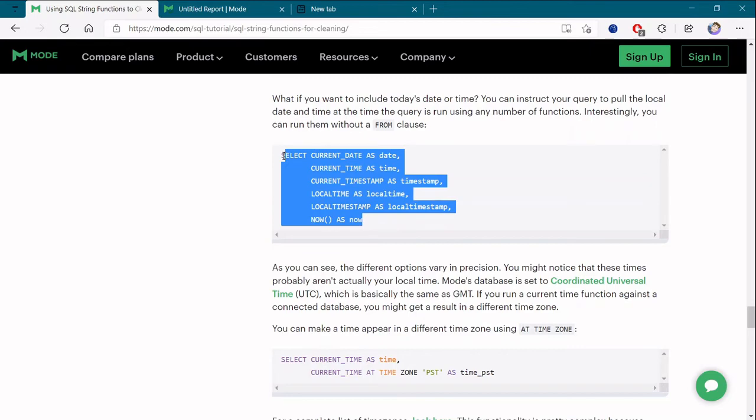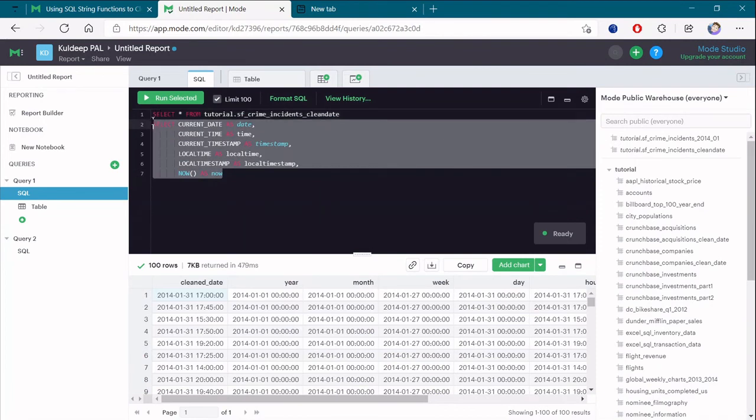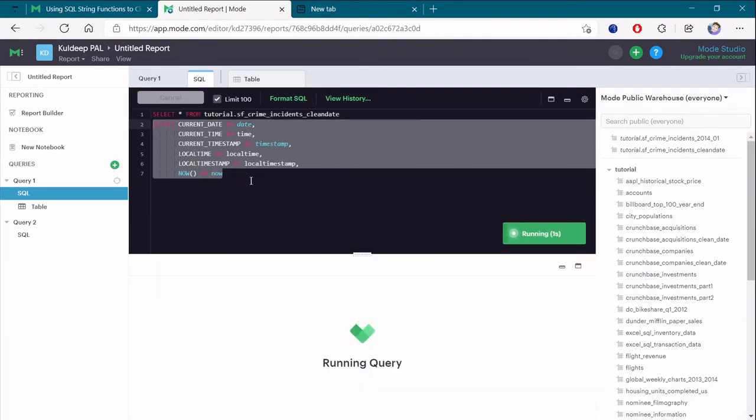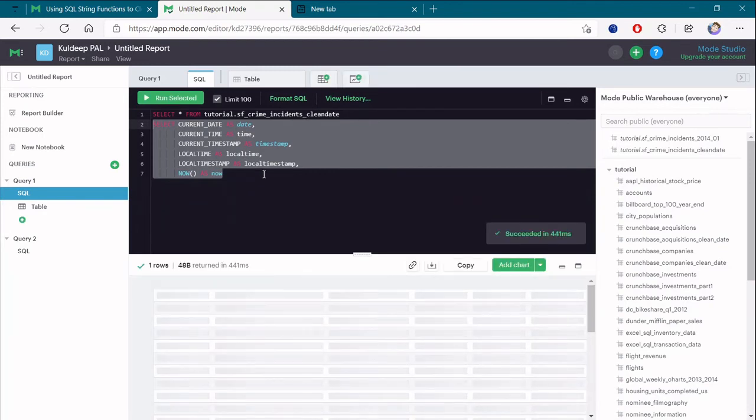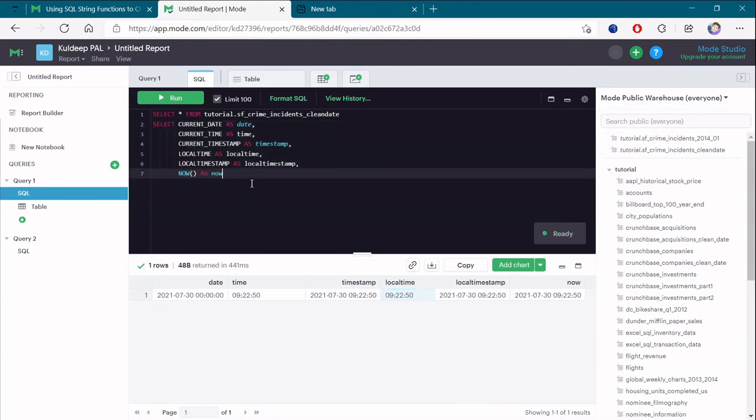Here if you directly want to use SQL functions, you can use them like this. As you can see, we are not taking any table. We are just using our SQL functions, and we are checking the time and everything. So this is the time, not according to my system, but on the server of US time. Basically this is the US time or UK time, I'm not sure which, because whatever server this MySQL or whatever database was deployed on, it will be giving us the time of that server.